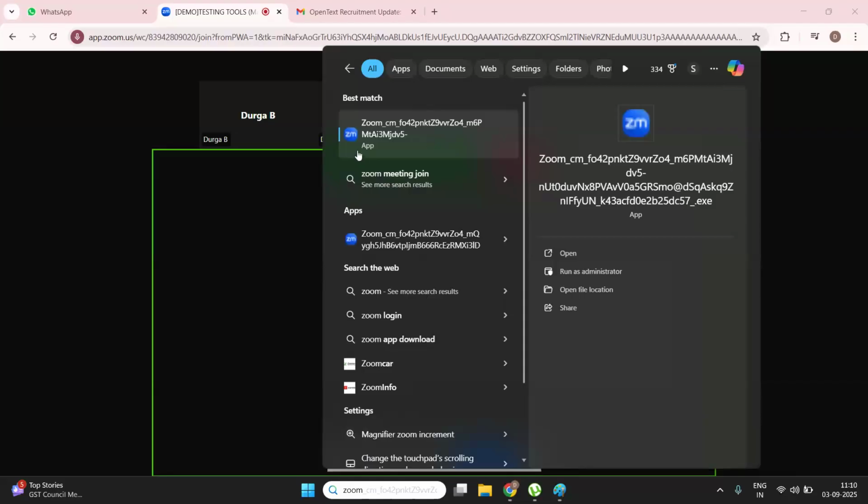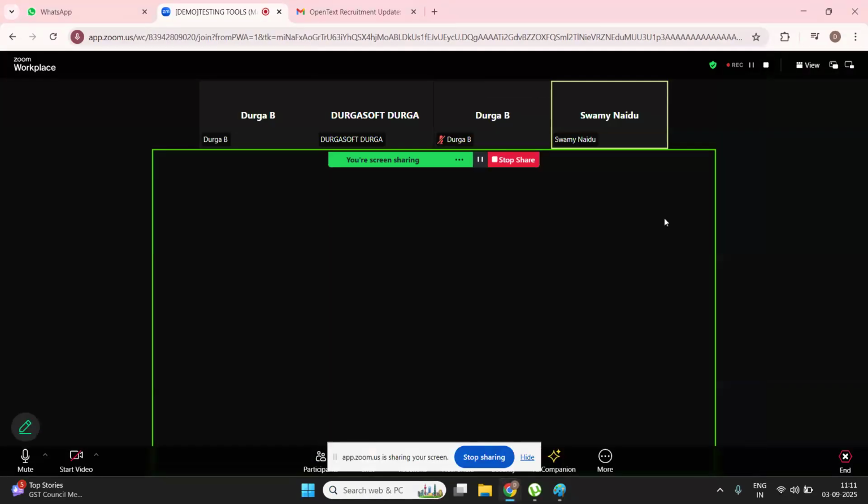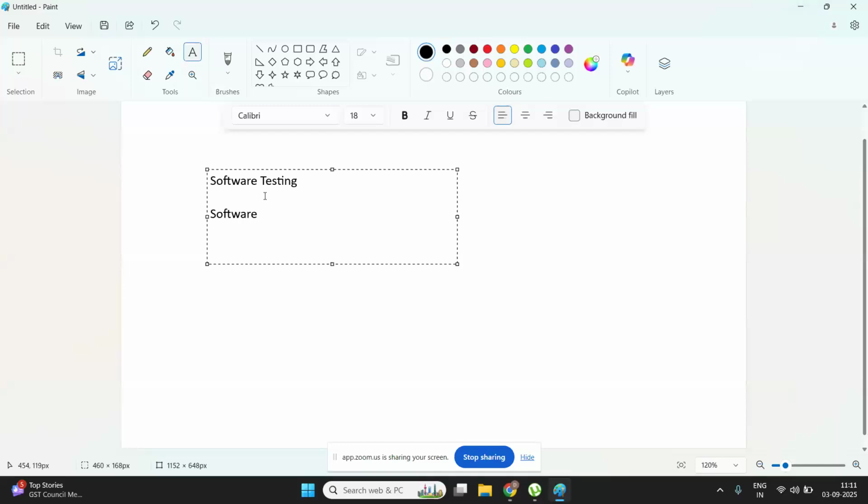Zoom is an app in your Windows computer, like application software, and that is also there in your mobile. That is again a mobile based application. So we have a lot of softwares which are available in the market. If I wanted to say in a single sentence about the software, it means a software is